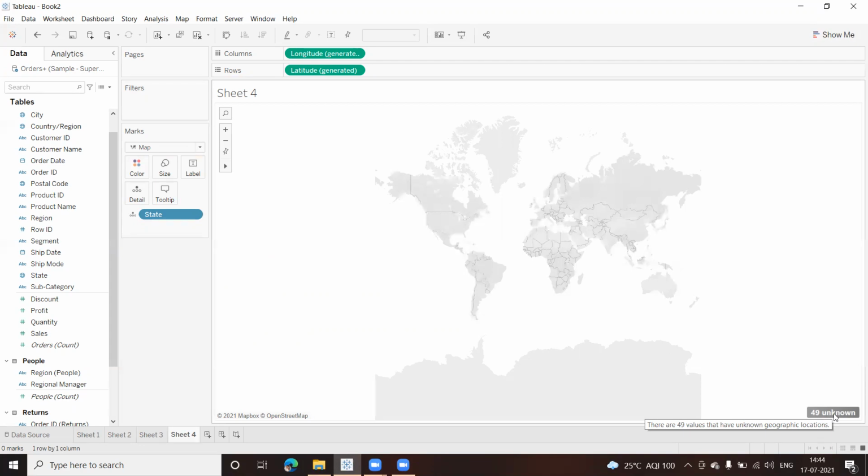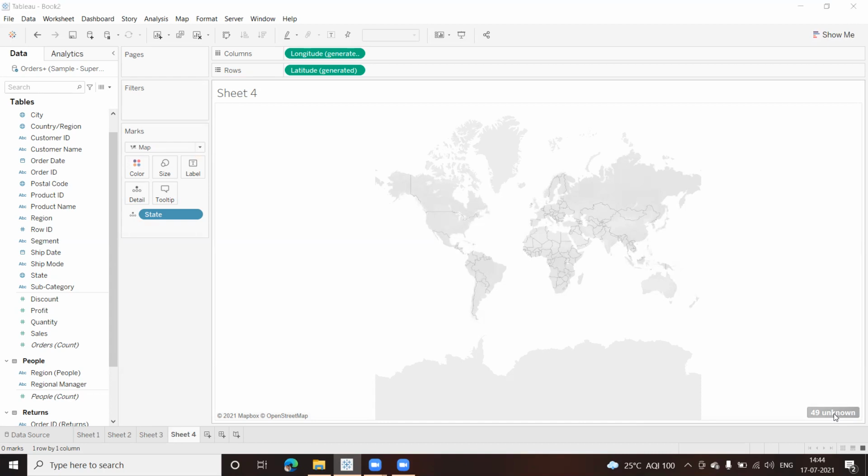It tells me that the 49 values in my database are not known to Tableau right now. There's a reason behind this. My laptop has been configured as per the Indian standard, the Indian date time, and so on.